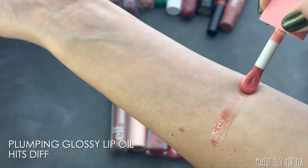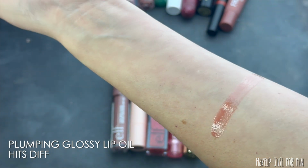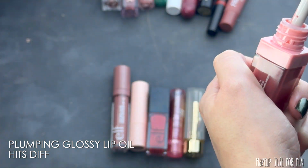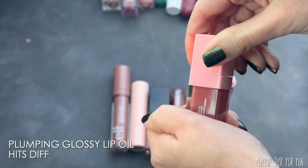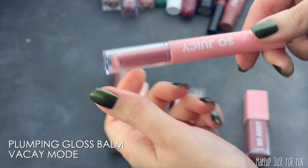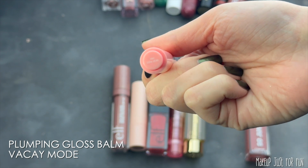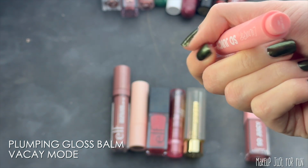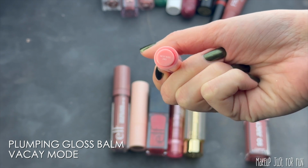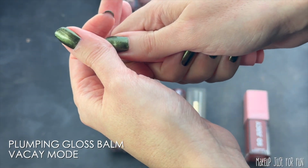I also know there's a reason why this lip oil has a super tight stopper. It's because it will definitely leak if it doesn't. As somebody who has worked on lip formulas, I know that that's why it's like that. It just is still annoying to me. It makes it where I don't want to use it. And frankly, I wouldn't want to use it anyway because these have that minty, tingly, stingy, plumping formula, which I